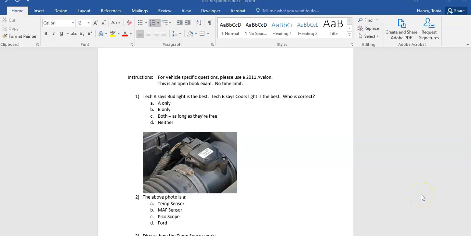So my hope with this is that I can walk you through some of the basics of using Respondus with the different types of questions that we use in our quizzes and our lab sheets. So what I've done is just created a basic document that includes, I think, all of the things we would